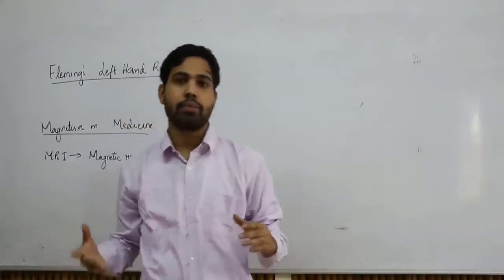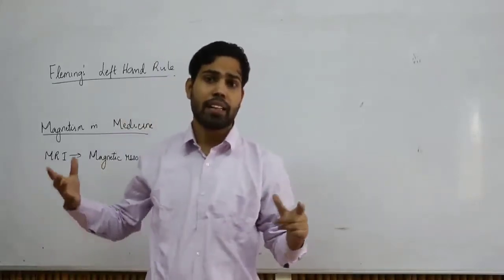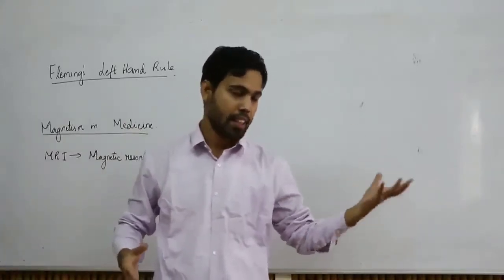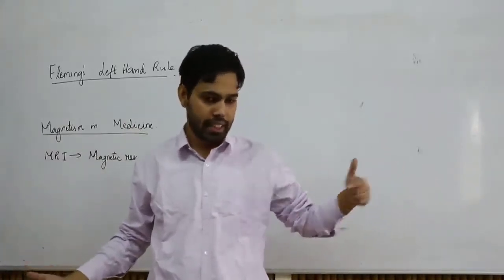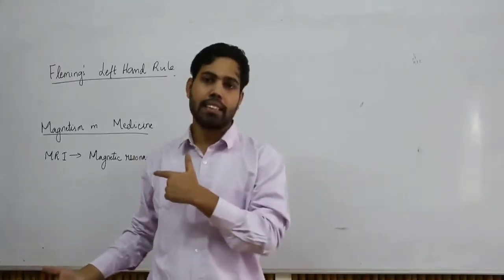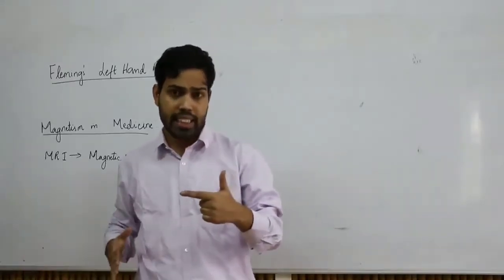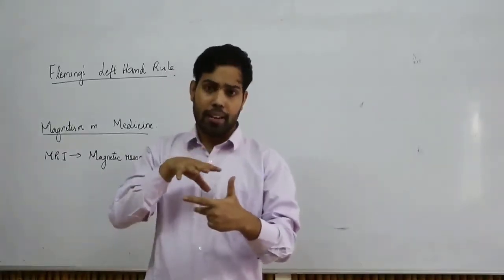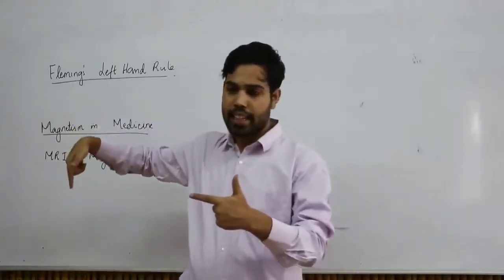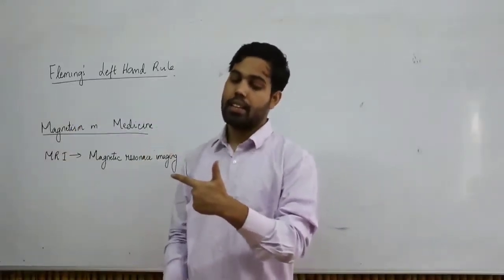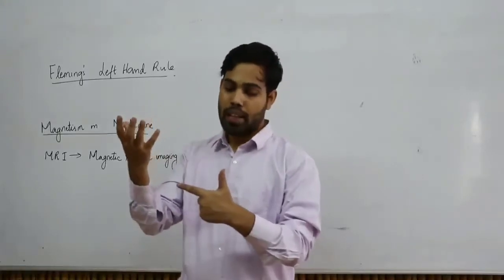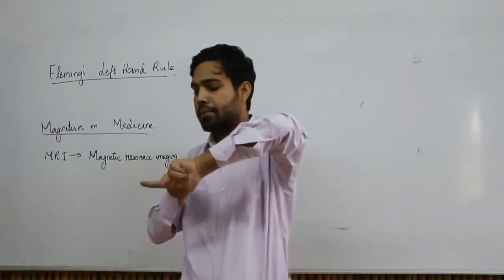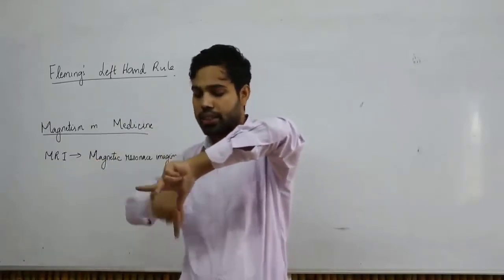Again a question arises, what if we change the direction of magnetic field? That means I am reversing the pole, I am changing the polarity. In this case, I will have north pole here, south pole here, so the direction of magnetic field is in this direction. I have to align my left hand in such a way. My magnetic field is in this direction, current is moving backwards, so my conductor will move up. If my current is moving in front, the direction of magnetic field is in this direction, so the conductor will move down.